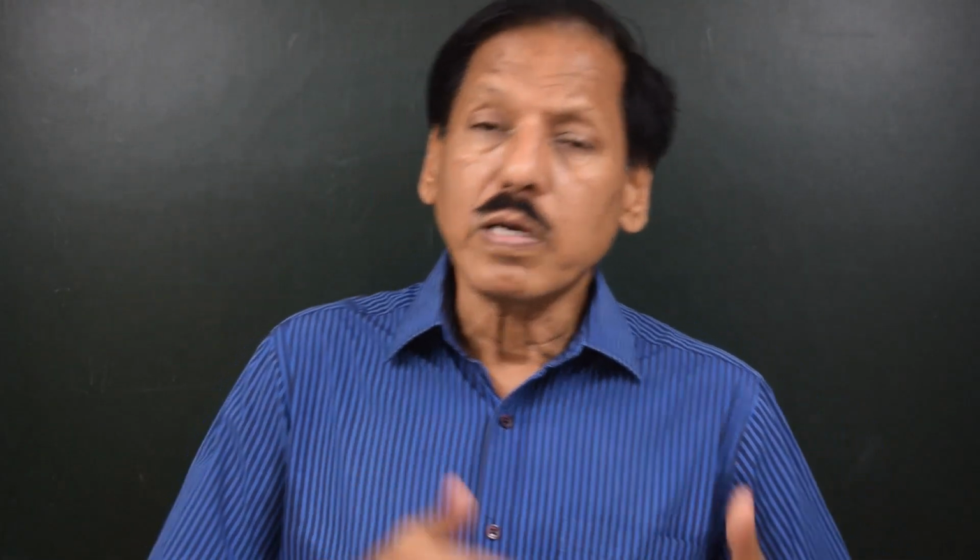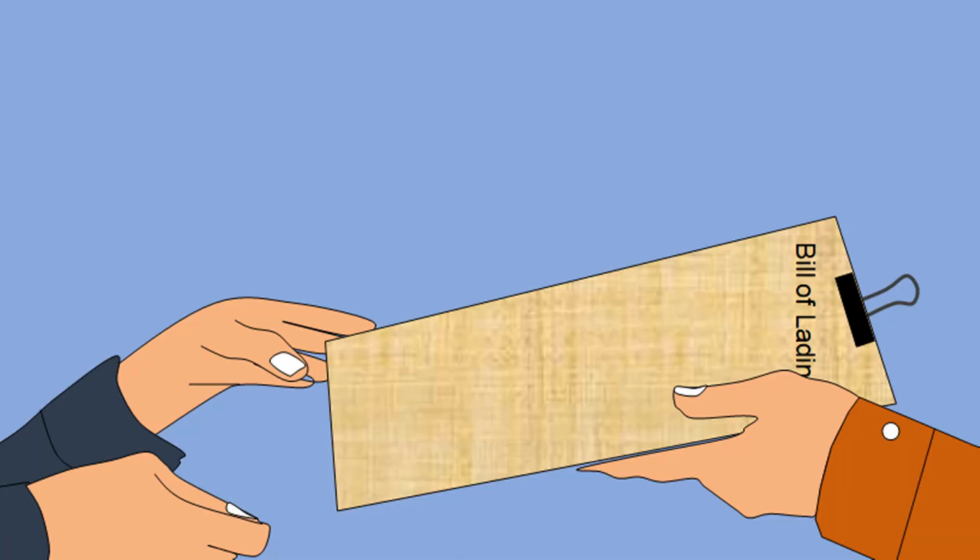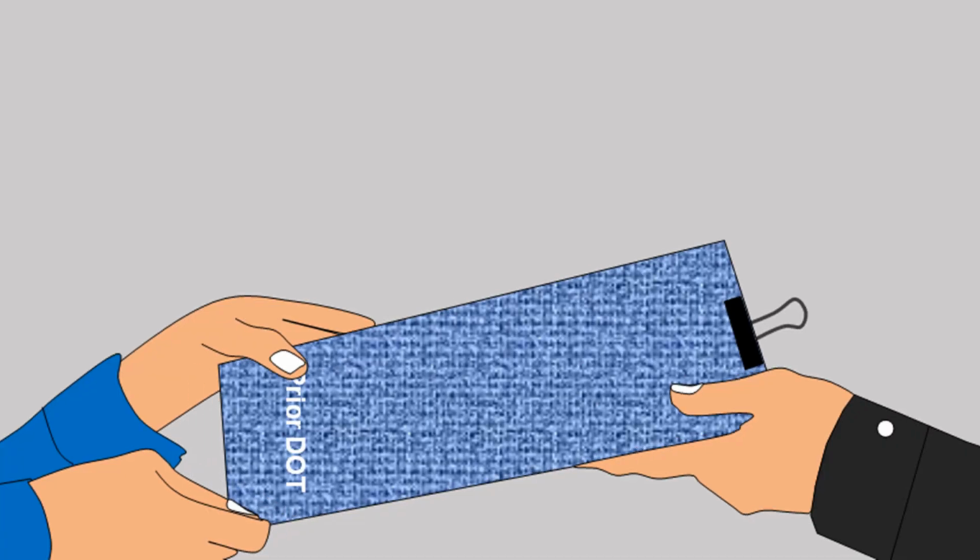Now, Article 3, Paragraph 7 of the Hague Visby Rules says more or less the same thing. It says that once the goods are loaded on board, upon the demand of the shipper, it is the responsibility of the carrier, master or carrier's agent to issue the shipped bills of lading. Alternately, if another document of title was issued prior to the shipped bills of lading, the shipper must surrender that document. Alternately, that earlier document could be noted with the port of loading and the date of completion of loading, and can be considered as the shipped bills of lading.